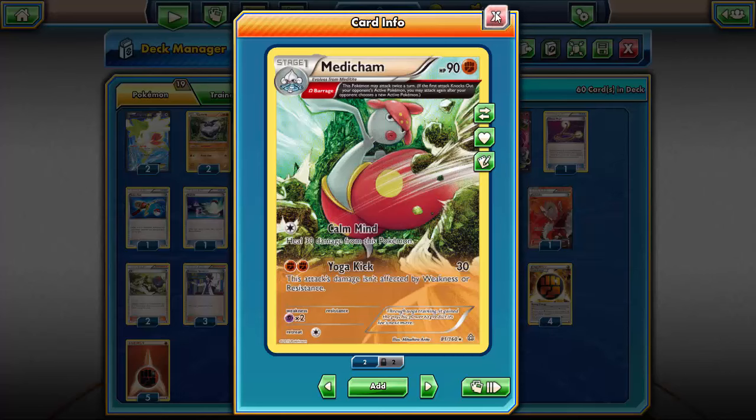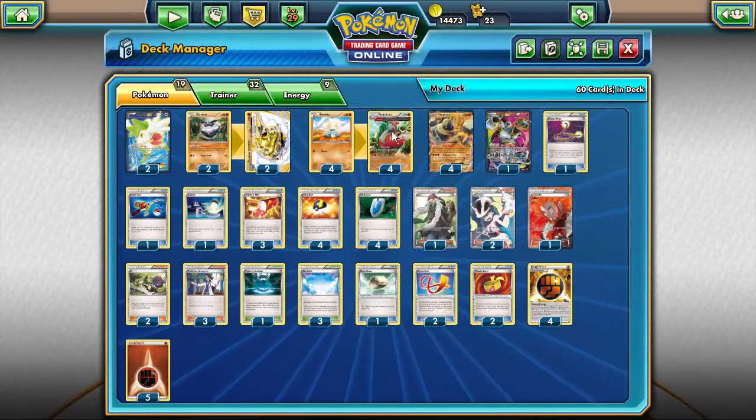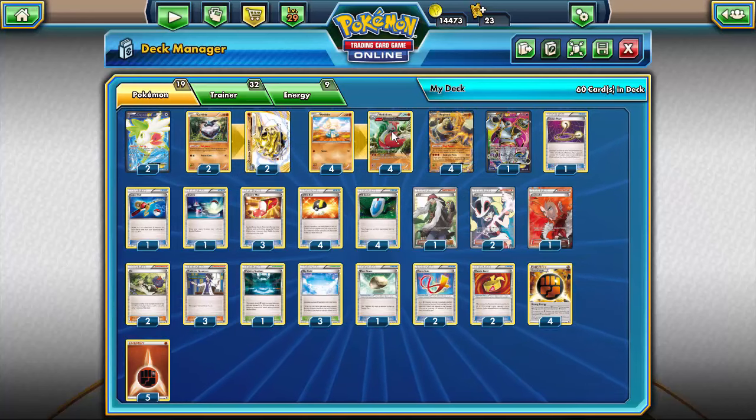Even if you don't run the Muscle Band on Medicham, slap a Focus Sash on there, you're still hitting for 110 damage that isn't affected by resistance. So Medicham can knock out, well, technically 2-shot, but 1 KO in 1 turn almost every single EX, even with a Focus Sash on it, and of course, 2 Strong Energy and 4 Regirock. But that card is very, very powerful, and not gonna lie, I actually kind of like the matchup it has with Night March,